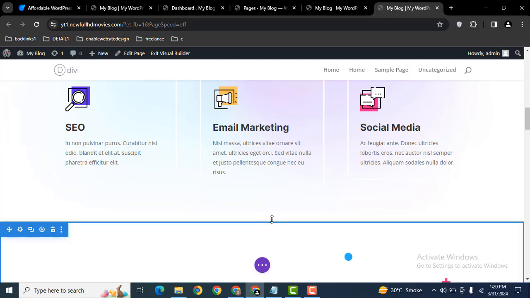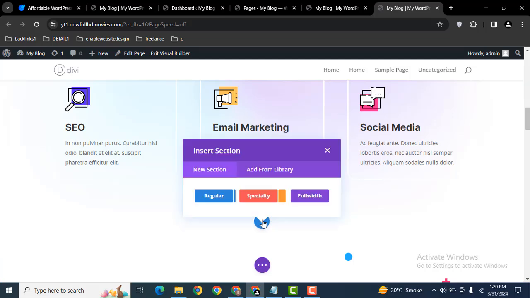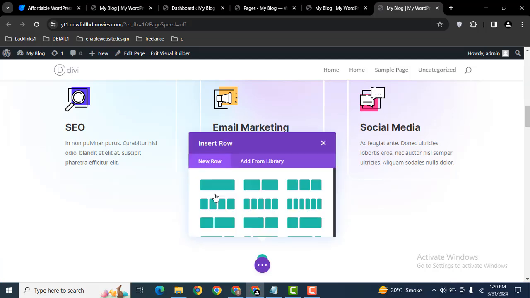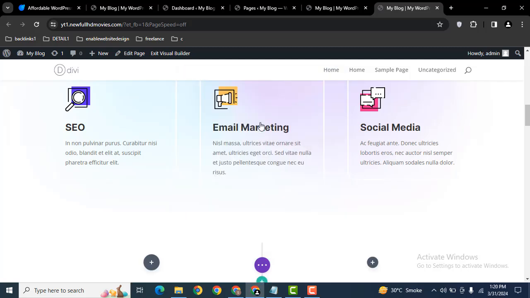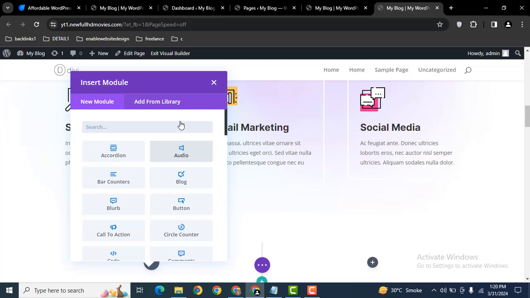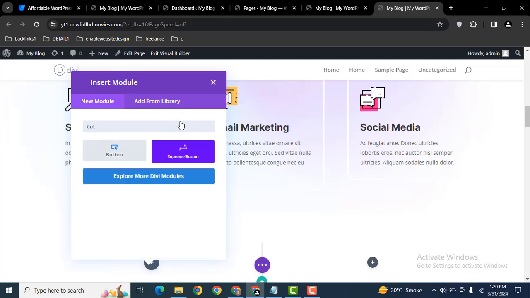Here you can see the plus icon. Just click here, and after that add a regular section. Then here I can add a two column row, and after that search for button. Now here you can see this is also a button module, but this will add one button, and this is the Superme button. Just add it,